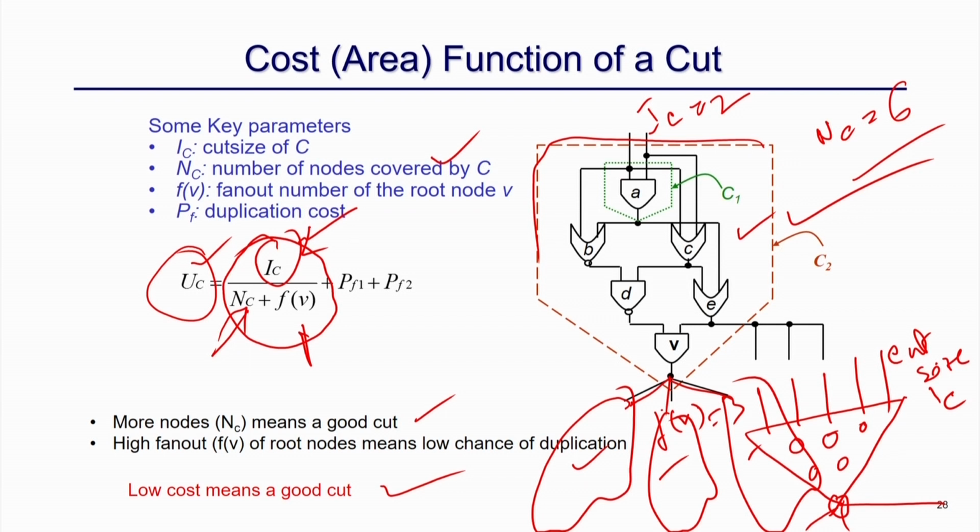And the other two factors I will talk about now, which is basically duplication cost. Okay. What is the duplication cost? So, you can see here, suppose this is my F node, the root node. The root node is the last node, and if the inputs of this are F1 and F2, right. So, the input of that root node,